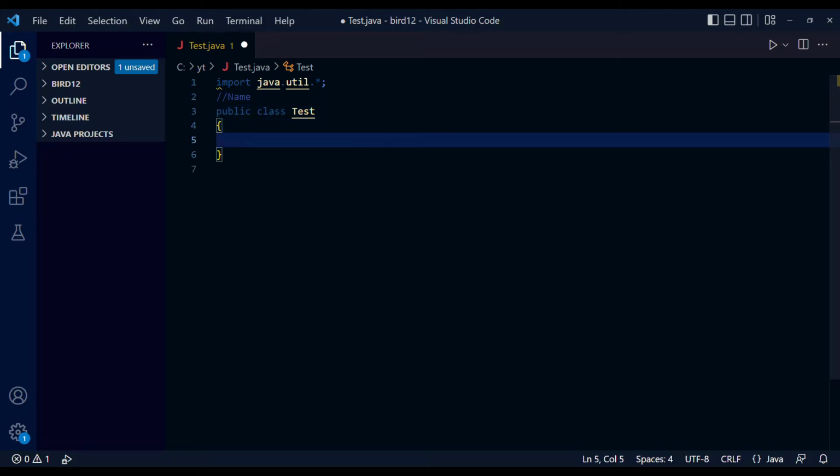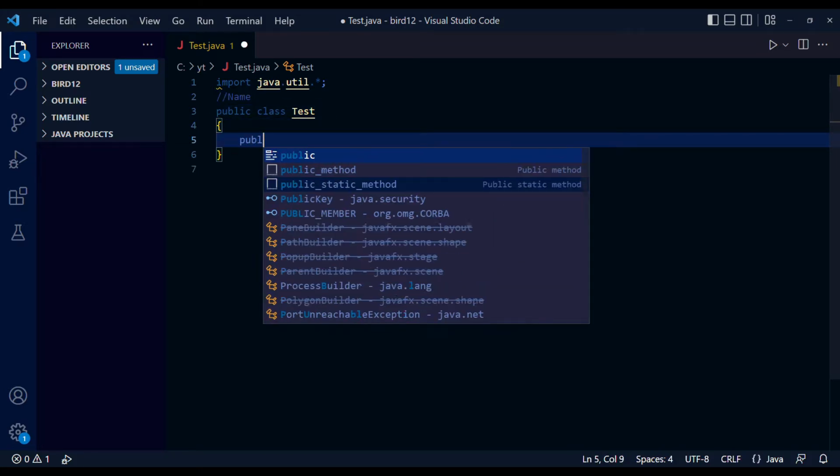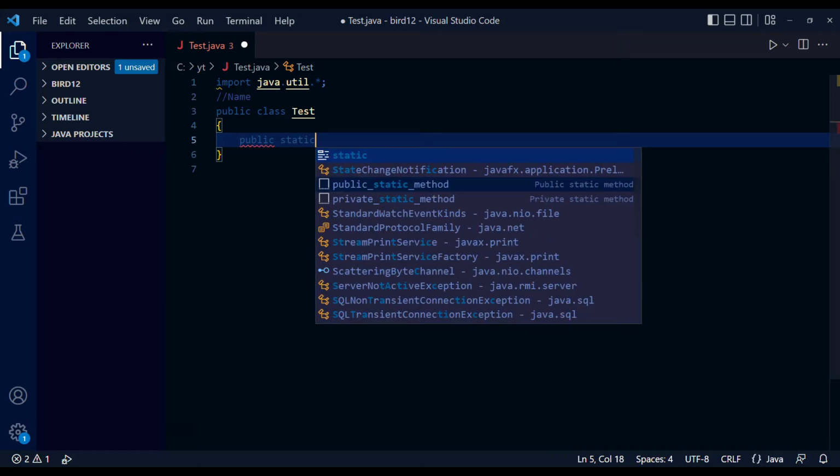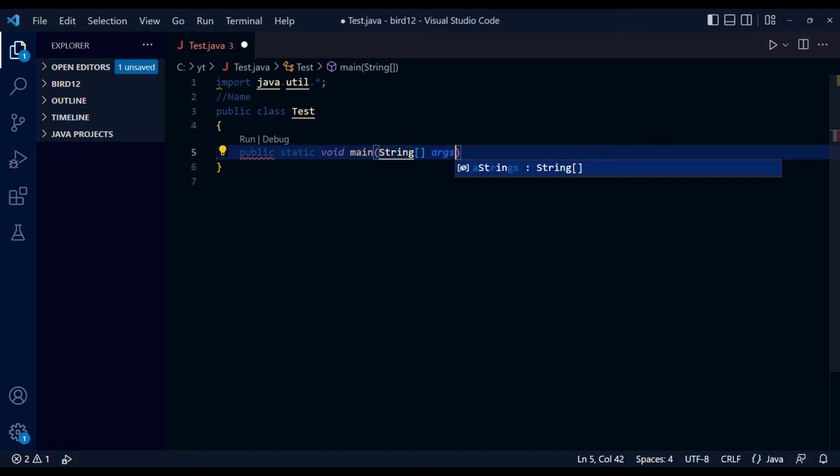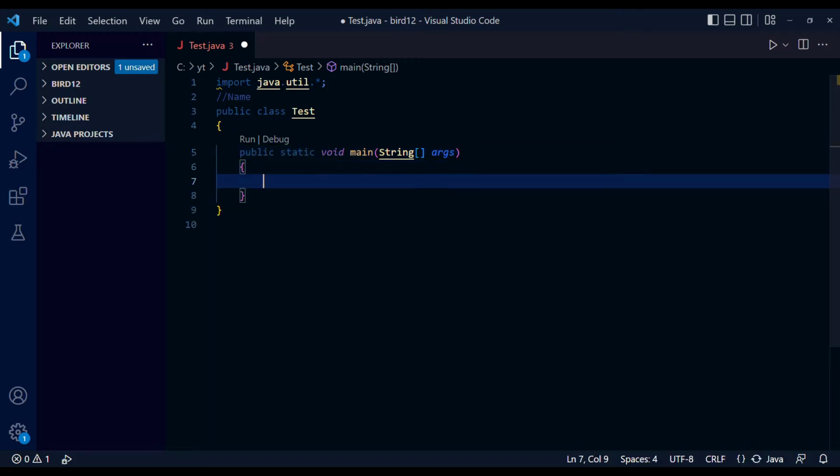So, yep guys, here we go. Let me just create the main method, and after that we should be good to go. And okay, now we're ready. Now we have the main method here, and let's get started. So the first thing we want to do is let's just create the console, and in order to do this